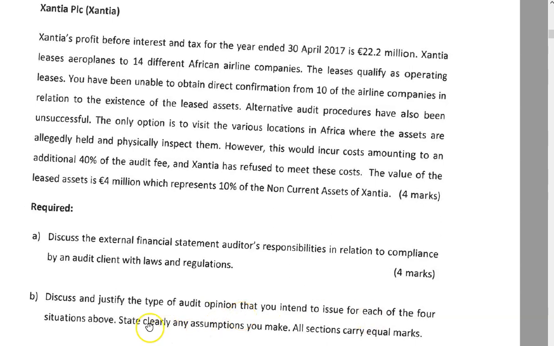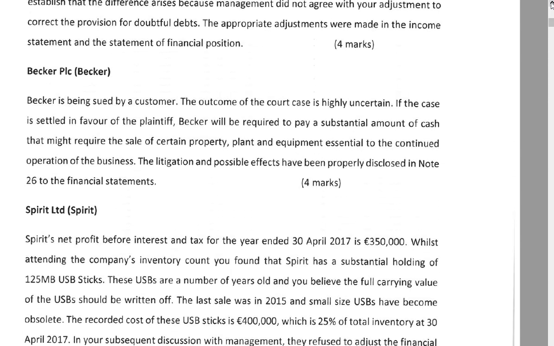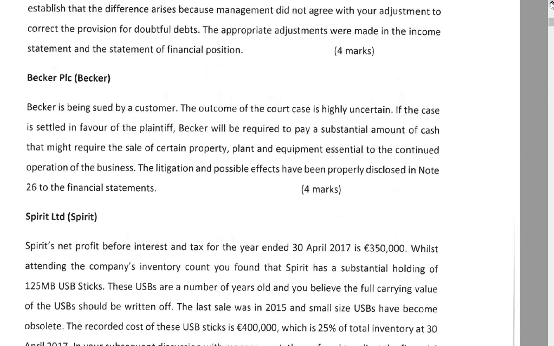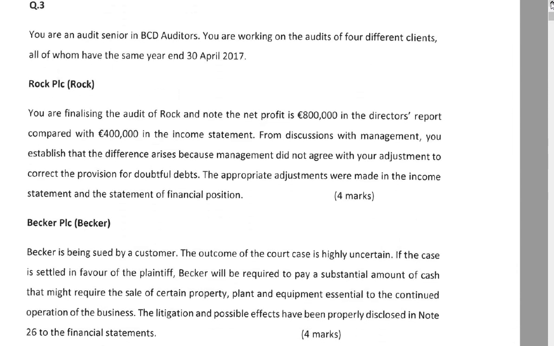So in this question there are 4 scenarios. Here's one scenario, and on the next page there are the 3 other scenarios. So it's important to know the theory. I'm just going to run through the theory first, then I'll finish this screencast, and then I'll start another screencast, which goes directly into looking at questions and answering them.